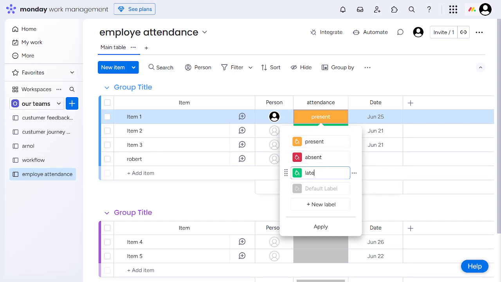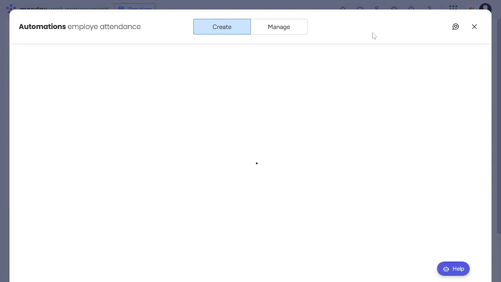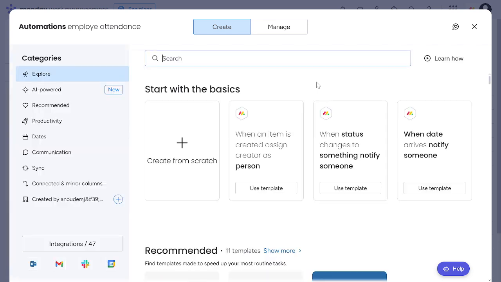Next up, we're going to set up automations. Click on Automations at the top of the screen, then Create Automation. You'll want to set up an automation that says, when status is set to absent, notify manager. The reason we do this is to ensure that any absences are immediately flagged to the relevant people, keeping everyone